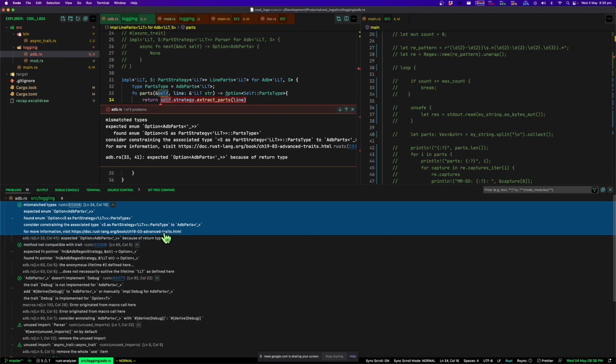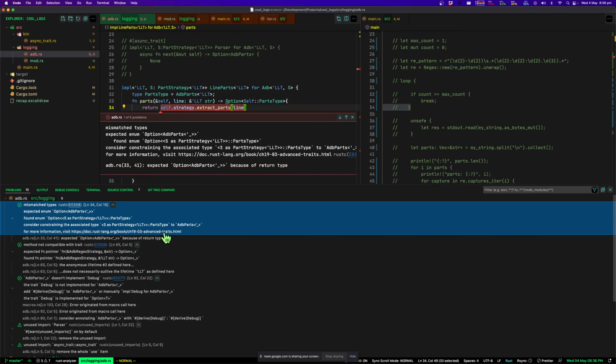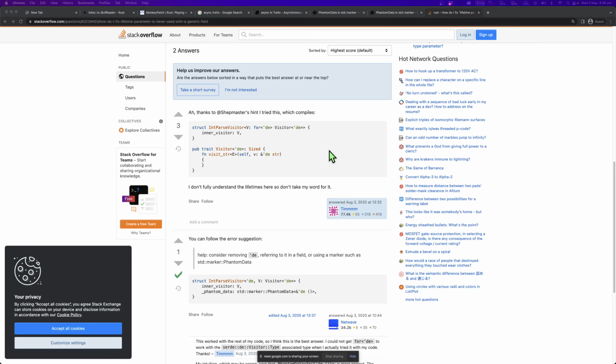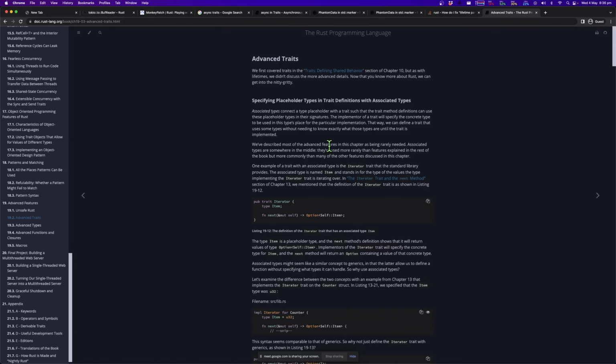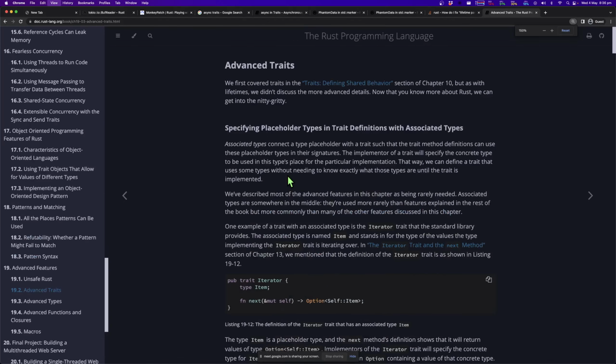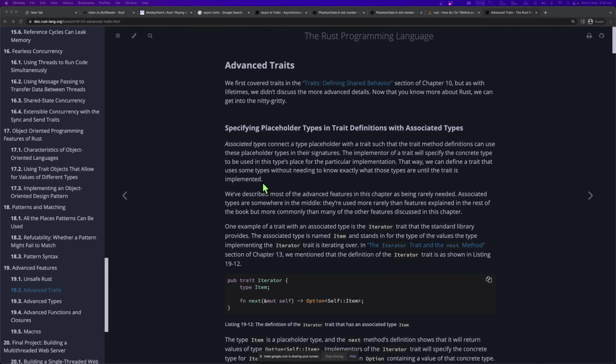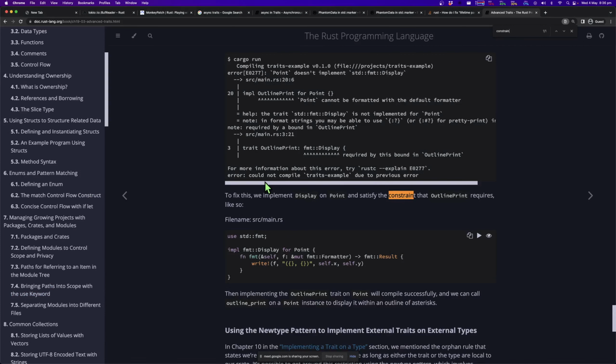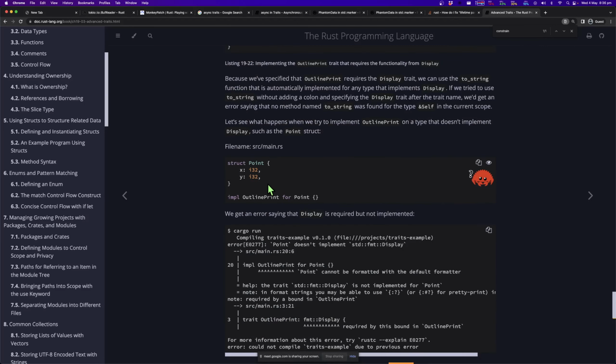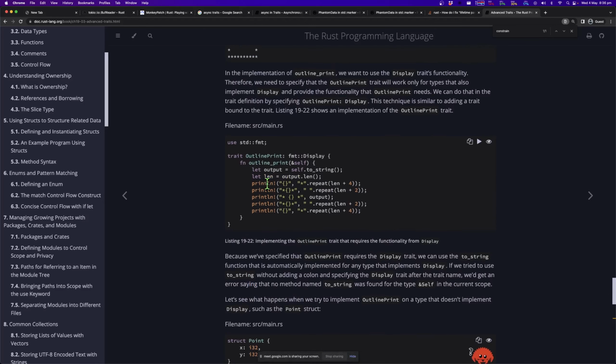Well, it does actually give you a visit this thing, or like a web page. Sure, why not? Yeah, okay, that's helpful. Consider constraining the associated type. So constrain is what we want to look for. That's really good, actually. It's like, oh, you've hit this really advanced thing, here's a page explaining it. You don't get that in C++. That's a really nice